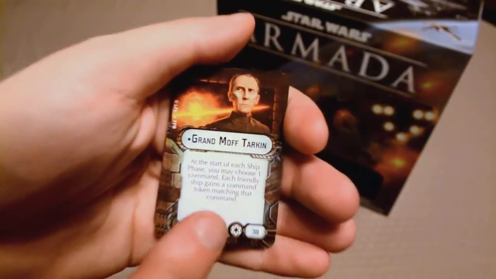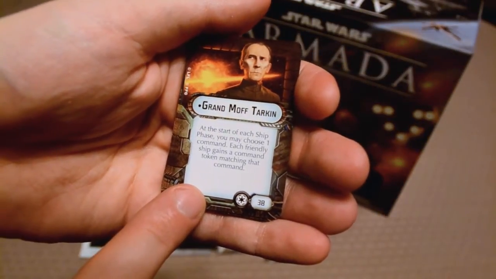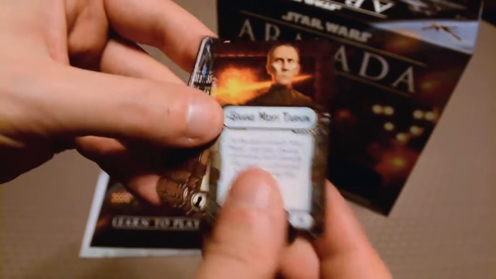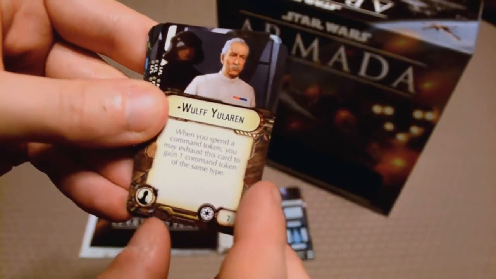Grand Moff Tarkin here is for the Imperials. At the start of each ship phase, you may choose 1 command. Each friendly ship gains a command token matching that command. That has an upgrade cost of 38 points. That's pretty powerful. As far as just your regular upgrade cards are concerned, you've got, I'm going to butcher some of these names,